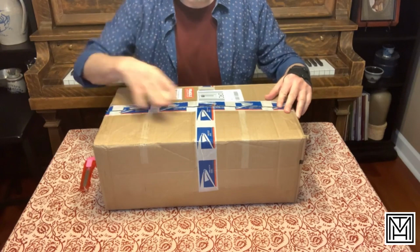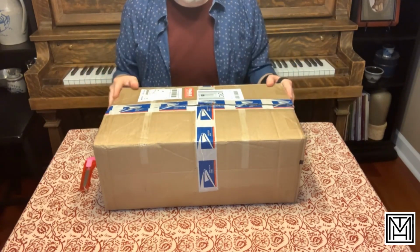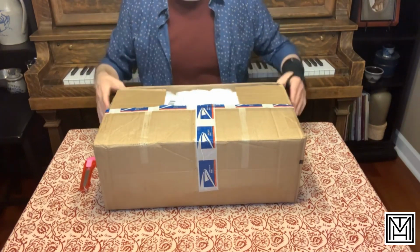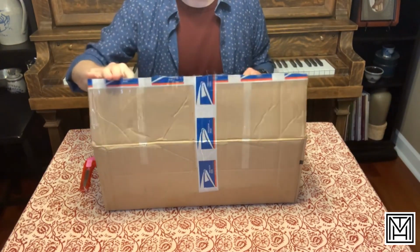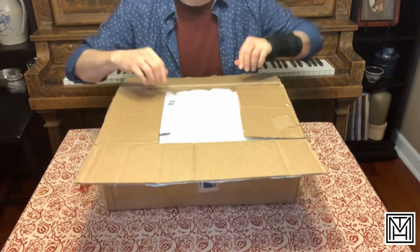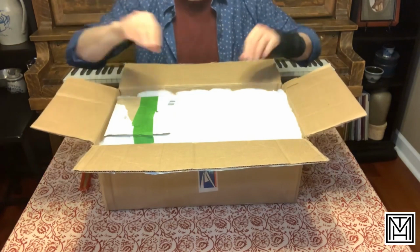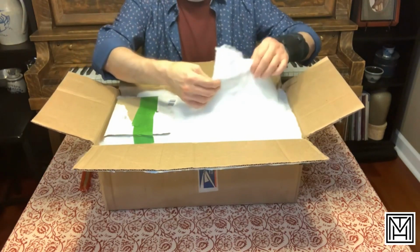Also worth noting, it does have the tape for priority mail, and it was shipped priority mail 2 days. This is new. Okay, so opening it up, we have